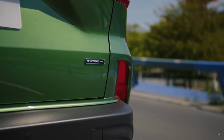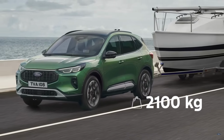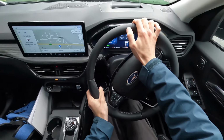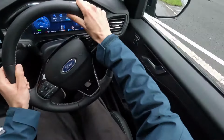I tell you what, we've gone through a bit of slow driving and a bit of faster driving as well. Actually, I'll get up to speed from this dual carriageway, and we'll go for a little walk around and sum things up. Now it's quite difficult to pull out of here, and let's see how much power we've got out of the car. So I'll go quite foot